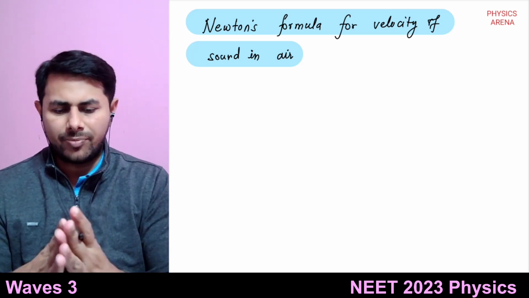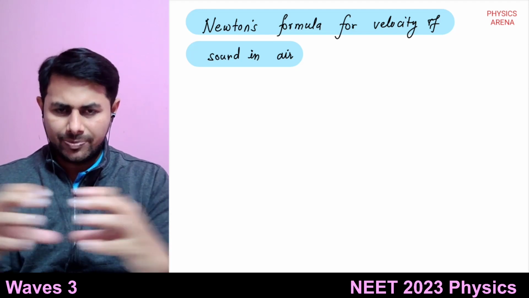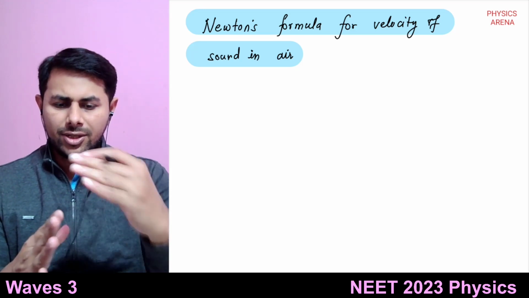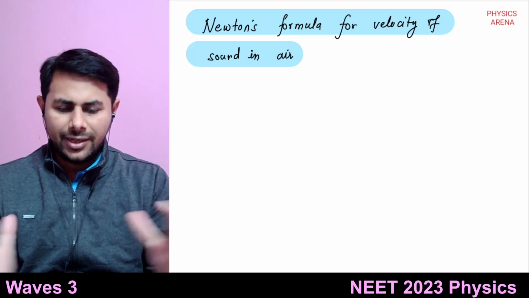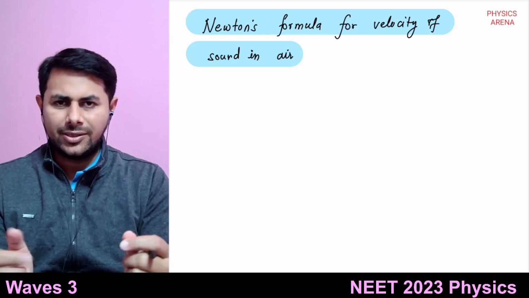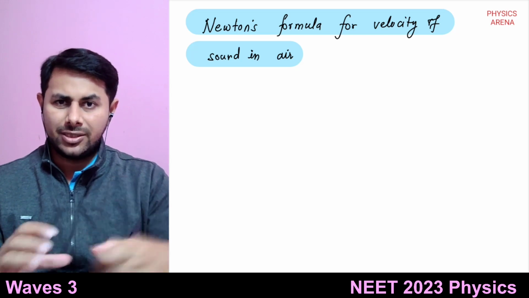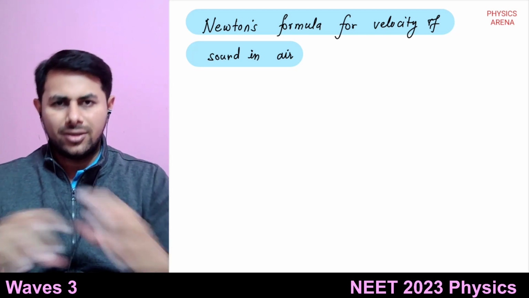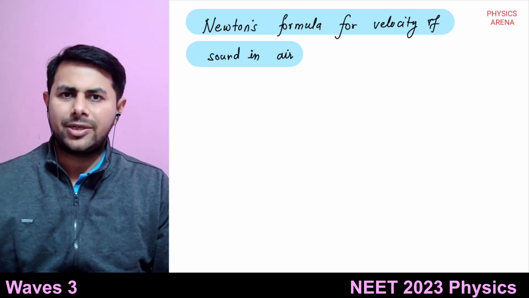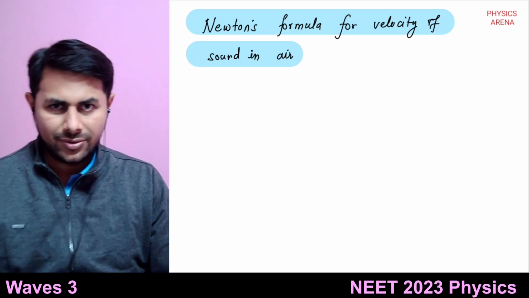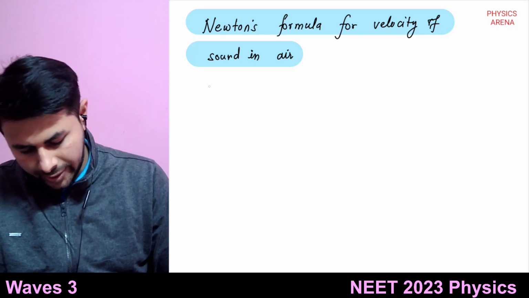Okay, so in case of compression, heat is produced. So this part of medium is heated, so the heat will flow to the surrounding. And in case of a rarefaction, what happens? There is cooling in this part. So it will take heat from the surrounding, and the temperature of this part of the medium will be equal to the temperature of surrounding.